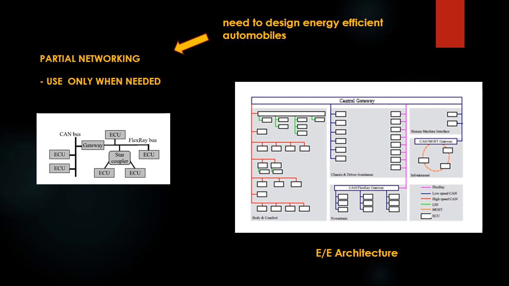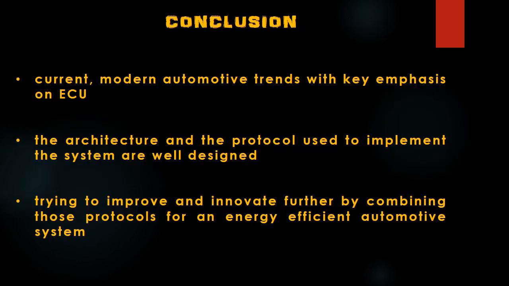There is a need to design such energy efficient automobiles because of the rise in fuel prices, stricter emission standards and electrical powertrains. The figure shows partial and subnetworking, which comes in handy when some of the components in the car do not need as much energy and power to run compared to those running on CAN and FlexRay protocols. The electric energy consumption of the vehicle's electronic components has a direct impact on a vehicle's CO2 emission, which is the carbon dioxide emission, and its range. So that's an important thing to note.